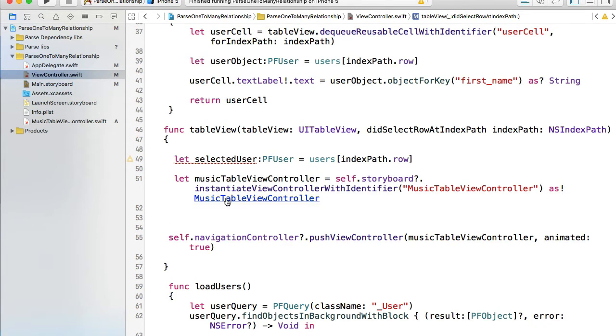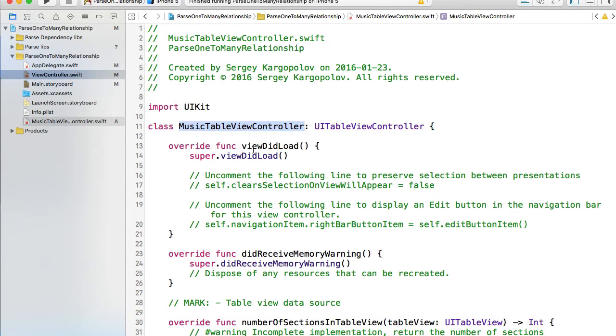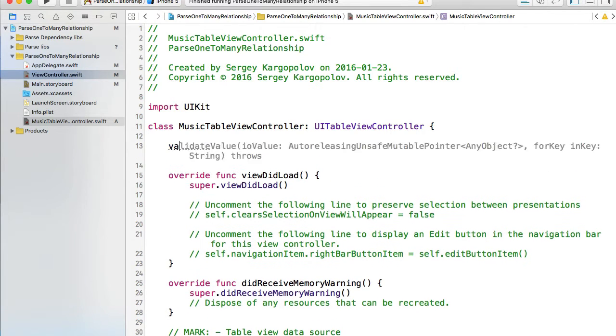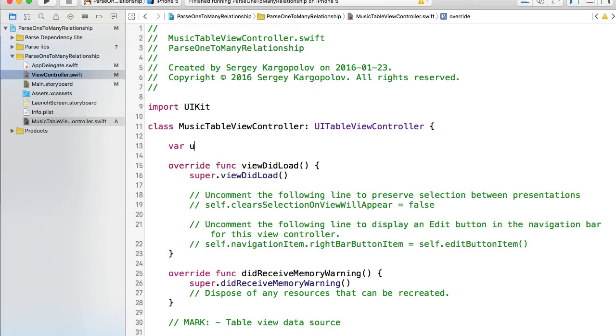I will go to my music table view controller, and first of all I will create a holder or an object that will store that selected user, and it's going to be just the same object. So I'll create a var selectedUser. I'll call it selectedUser, and it's going to be of type PFUser, and it's going to be an optional type, and